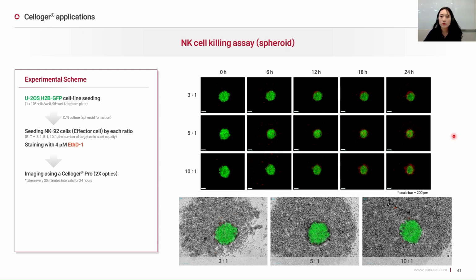You can run experiments not only with suspension and adherent target cells, but also with spheroid models as NK cell targets. We formed spheroids using GFP-expressing U2OS cells, then co-cultured them with NK cells at different concentrations. Just like before, we stained the dead cells with ethidium homodimer 1 and used the Celloger Pro to capture images. As you can see in the image and video below,